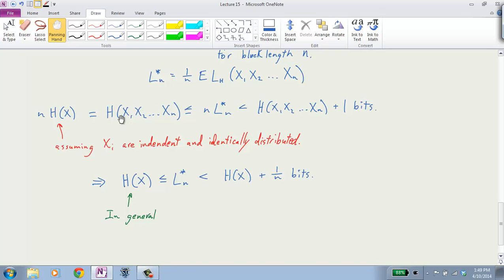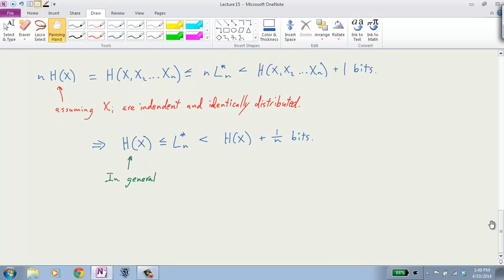If your random process, if this divided by n converges to something, that's the entropy rate. And so the entropy rate is the important thing, which will always be less than or equal to the entropy of just one of them. Right? Entropy rate is